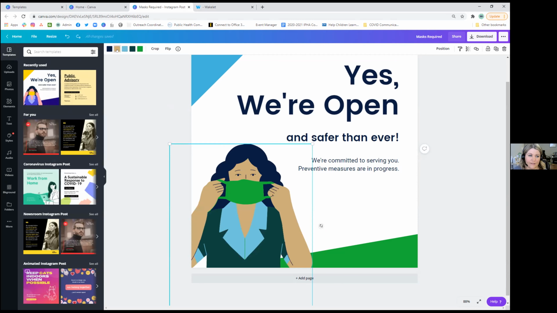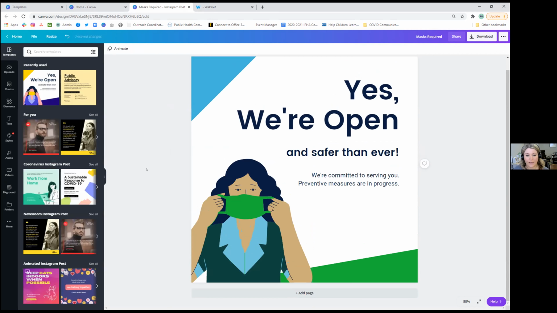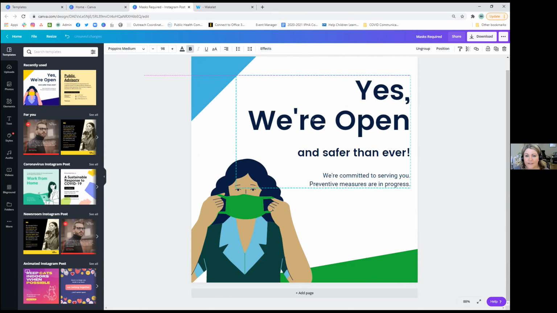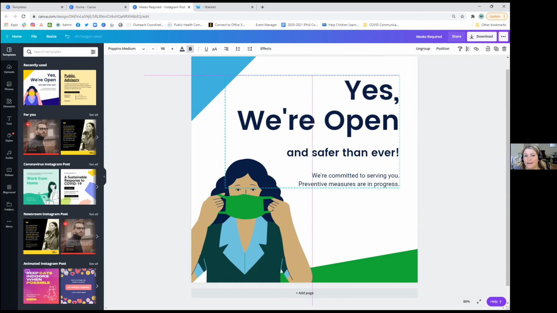Sorry, I don't know why she's getting all green. Okay. The other thing that I know really caused a lot of problems for me is the layering. I'm hoping that you're all nodding your heads, but it can get really confusing. Think of it like scrapbooking: you have all these different pieces and you can decide what overlays what. So right now, the "Yes, we're open"